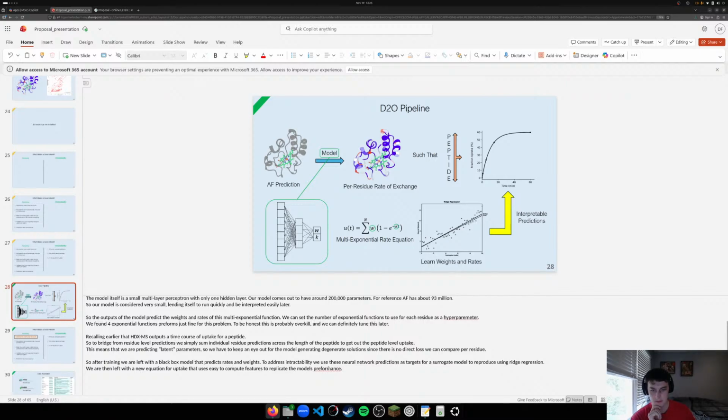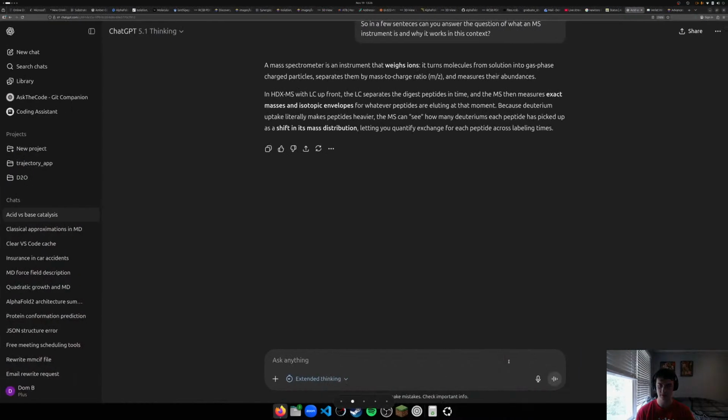To address interpretability, we will use these neural network predictions as targets for a surrogate model to reproduce using ridge regression. We'll just say like linear. Ridge regression is